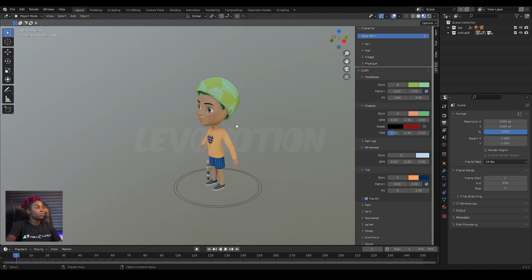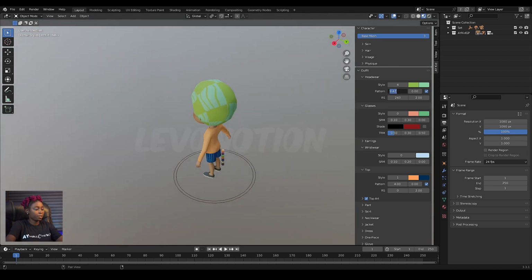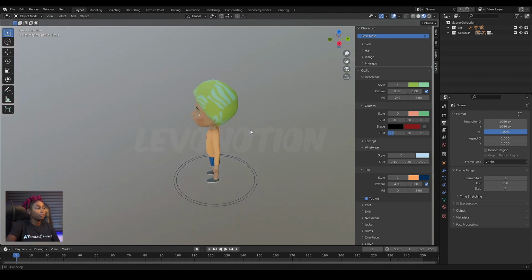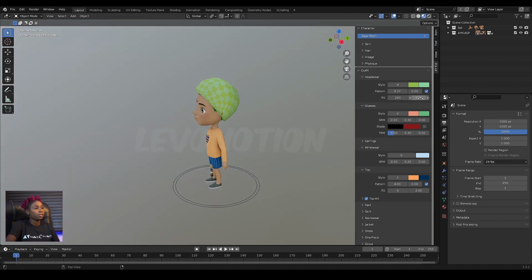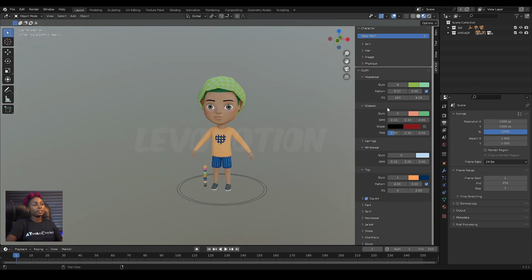So this is 9.47. This is pattern 9 and this is pattern 10. You can mix in between both patterns by just sliding through. You can scale it down or just increase it. So that's it for pattern.